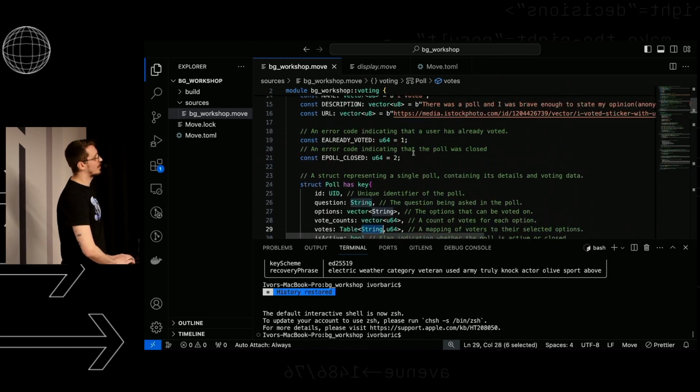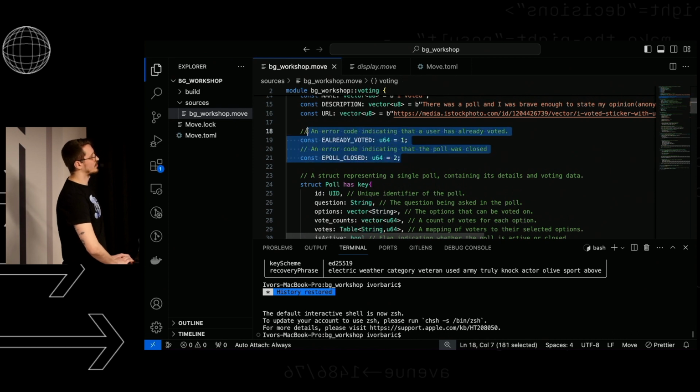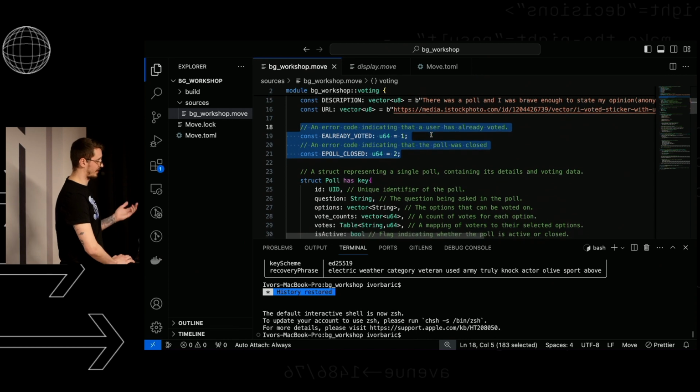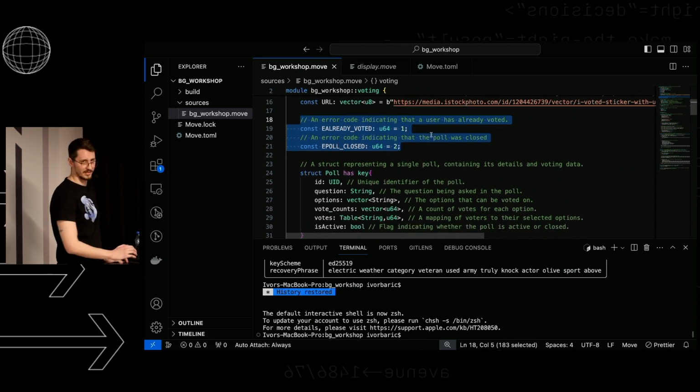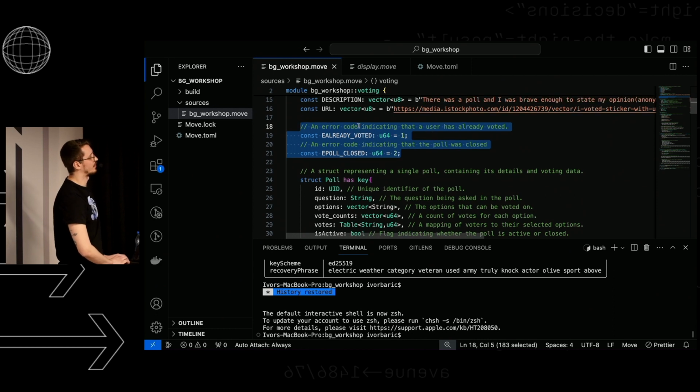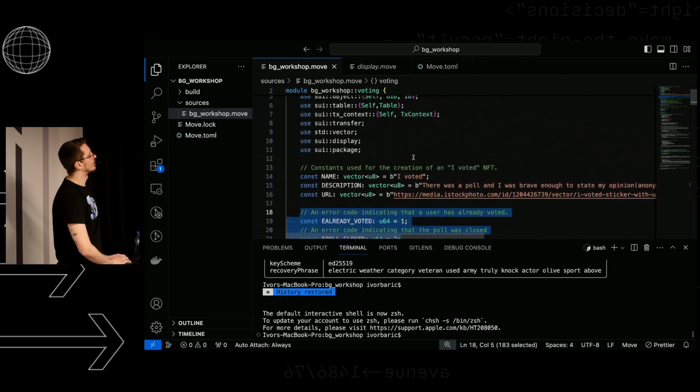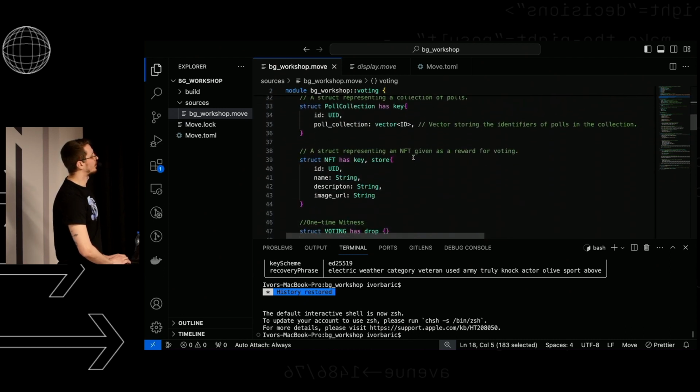Also, now we can talk a little bit about this. So these will be used later. These are basically our custom errors that we're going to use for a failure later on. It's also just constants with numerical values, and we'll be later on passing them as error code 1, error code 2 in this case. And they will be for if the user already voted or if the poll has been closed. So that's pretty much everything up here. We can go down